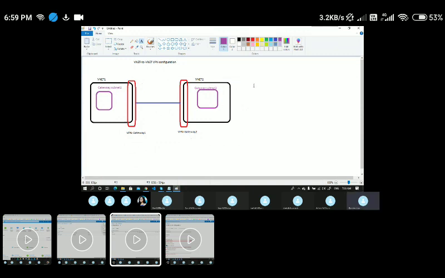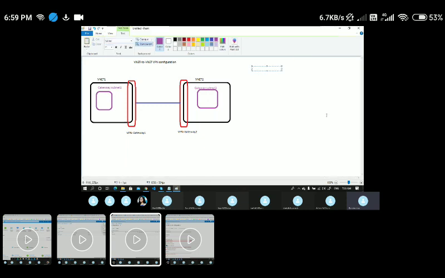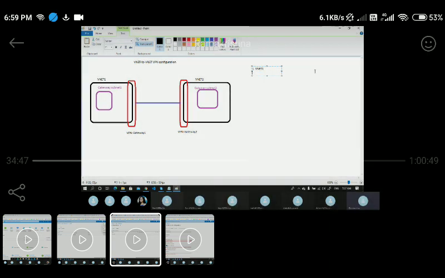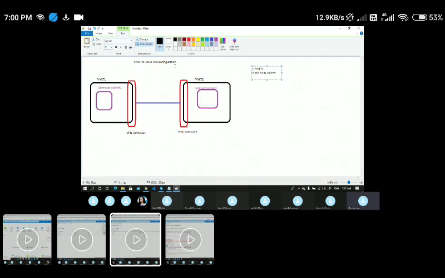Let me quickly list out the high level steps of what we have done here. The first thing is we have created a VNet 1. And the second thing is we have created a separate subnet called the gateway subnet. This is very, very important. When you say you have experience creating a VNet to VNet VPN configuration, they will ask you to go through the step by step procedure of what you do. So you can walk them through whatever I am mentioning here.